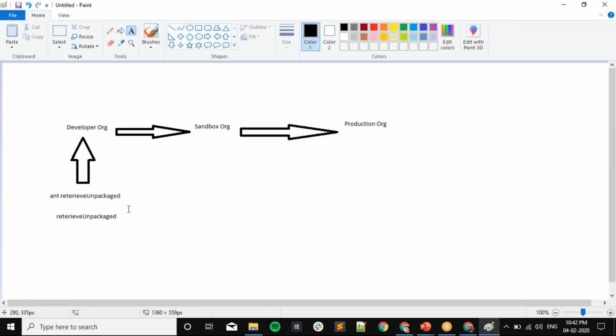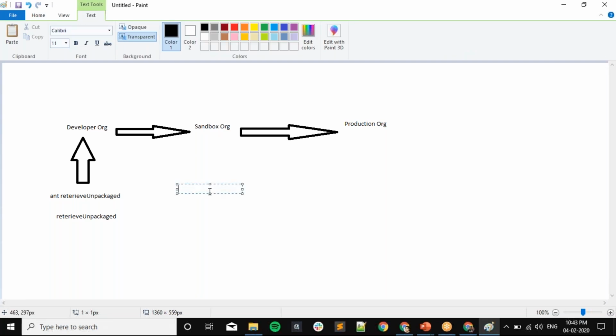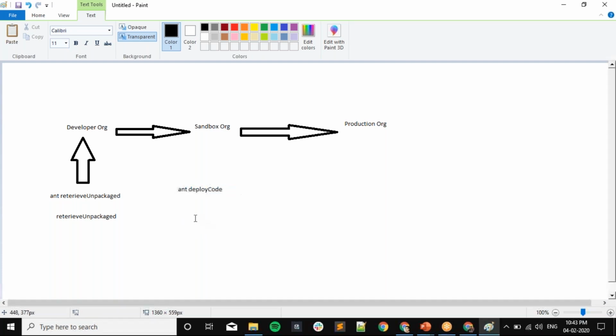It will first retrieve all that data from the developer org, then the data will be available in that folder. Then you have to write the username and password of the sandbox org, and then deploy the retrieveUnpackaged folder. For this you have to write deployCode, or you can just use deploy.